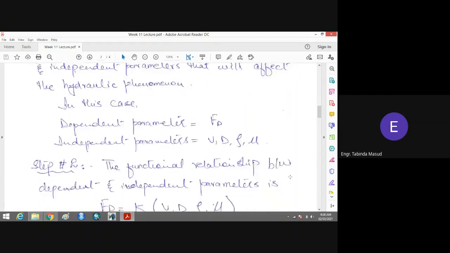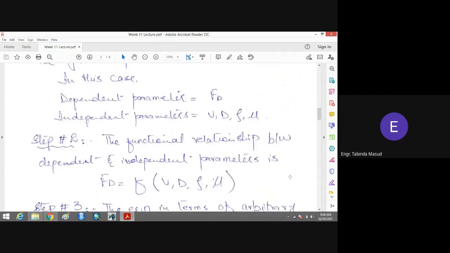Okay, remember that dimensional analysis is not only responsible for developing a formula. Once you get the result of the dimensional analysis, then on the basis of those results the experiments are performed, and with the help of the experiments, the formulas are developed. Okay. So this is the very first step.